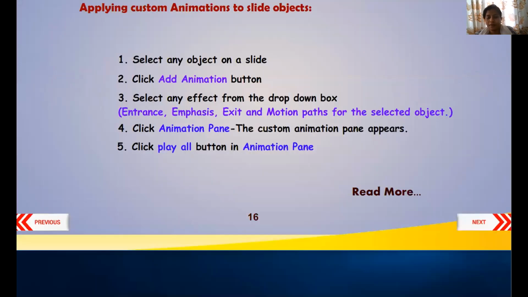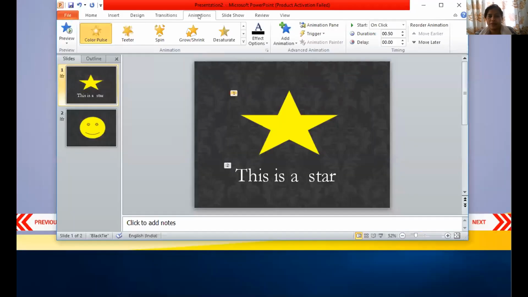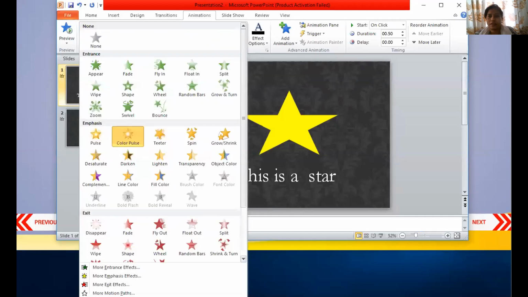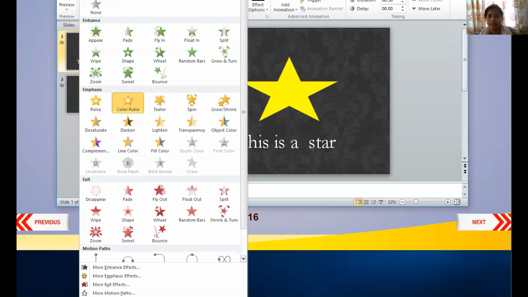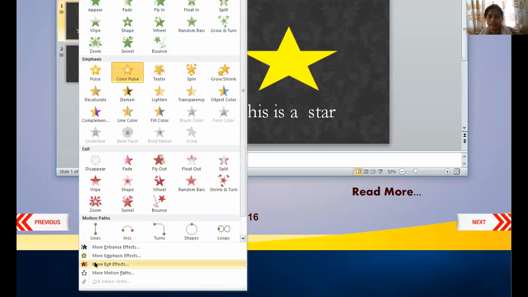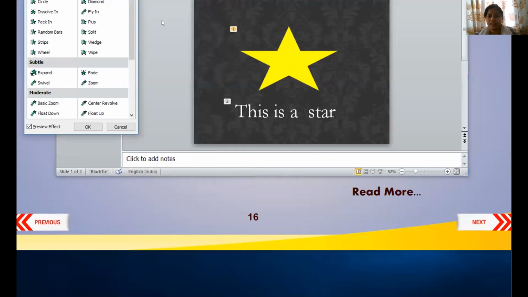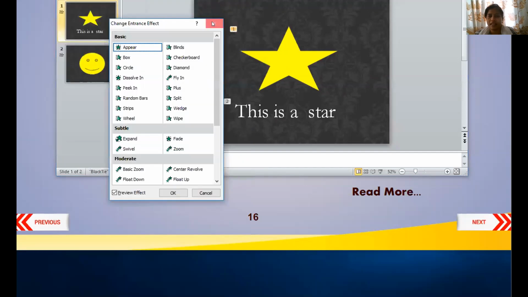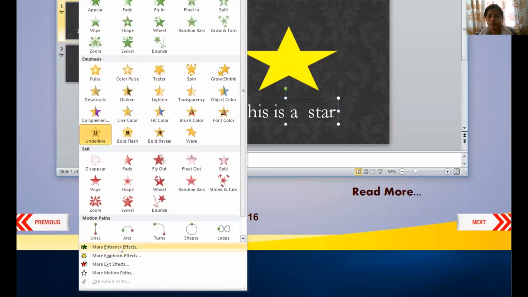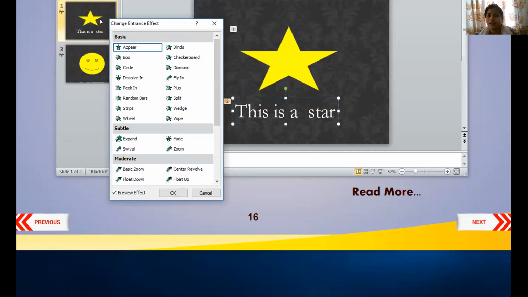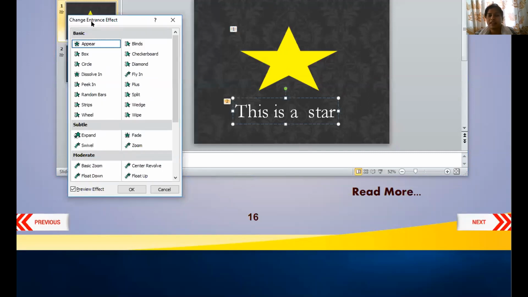There are many more. I'll explain to you. Children, can you just see here? Here the list is there. Yes, can you see more entrance effects? If you want to click on more entrance effects, see, this will come. Imagine I'm going to just select this. I'll click on entrance. You understand, right? What do you mean by entrance, in the sense of how it has to come? Just click on this, it will appear.